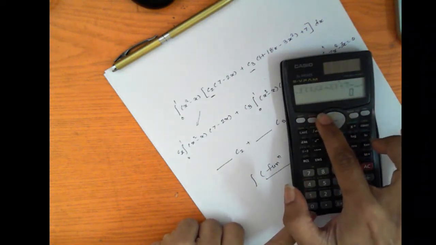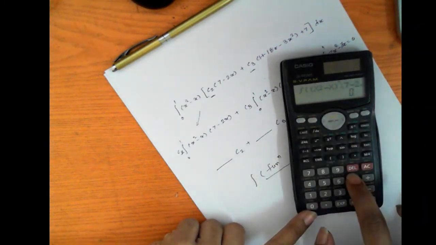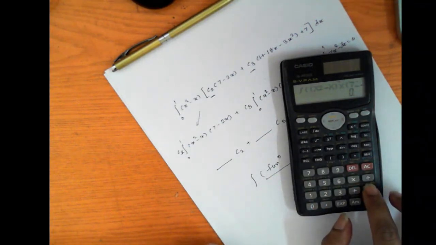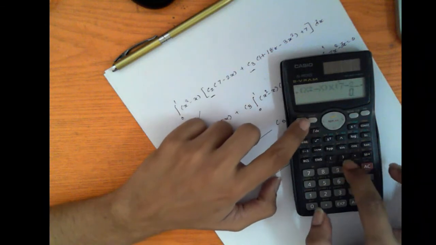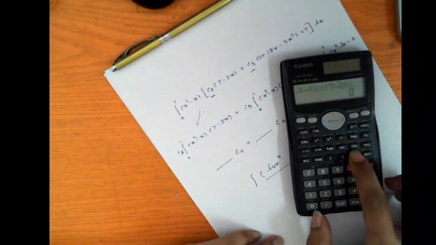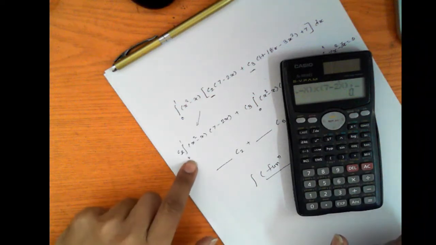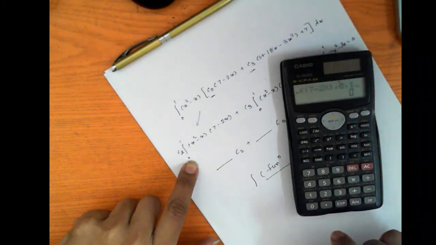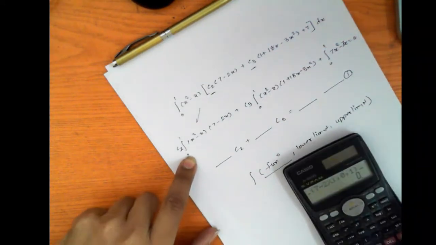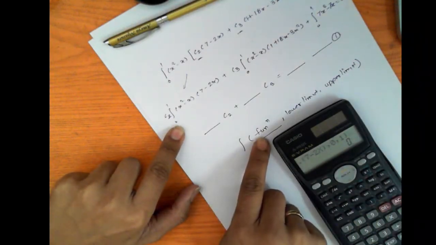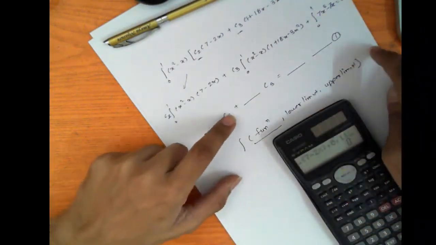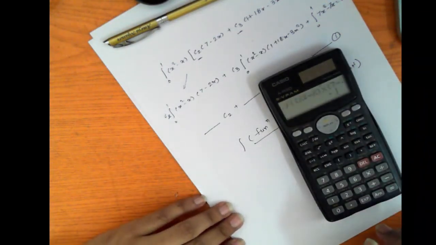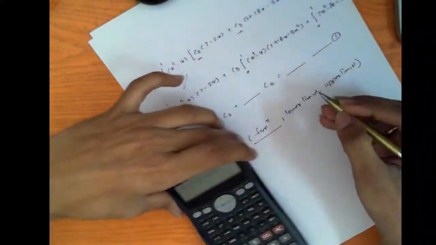Okay, it is better to include the multiplication sign for MS, so 7 minus 2x, bracket complete, then I will use a comma, and then I will go for the lower limit. Lower limit is 0, comma, upper limit is 1, and then I will complete the final bracket. So we are just following this: the first is a function, then lower limit, upper limit, and brackets. If I solve this, you will get a direct value, that is minus 1. So you can just substitute this as minus 1 here.